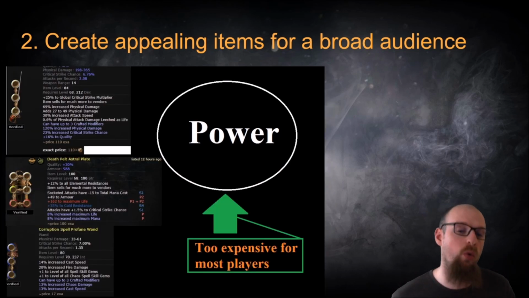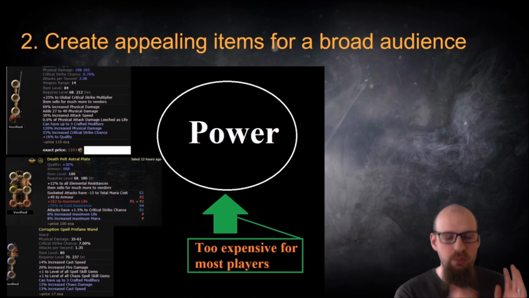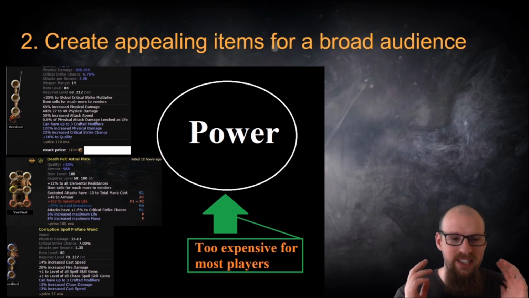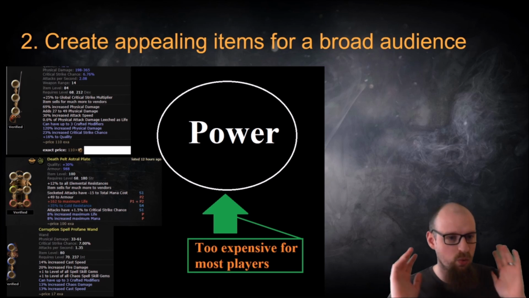Power is the second equation in our price power spectrum that we are looking at as we are creating items that appeal to a broad audience. In these couple of items that we've pulled up here for an example, these particular items are incredibly powerful. This particular jeweled foil is just ridiculous. The DPS on it, the physical DPS on it is over 500 for a one-hander. It's just out of this world in terms of damage.